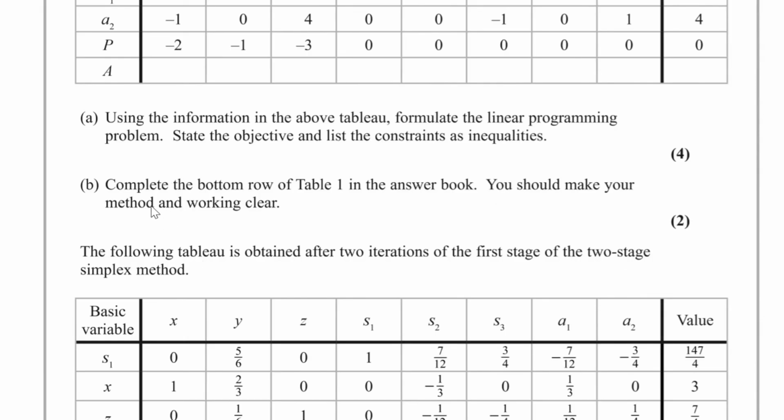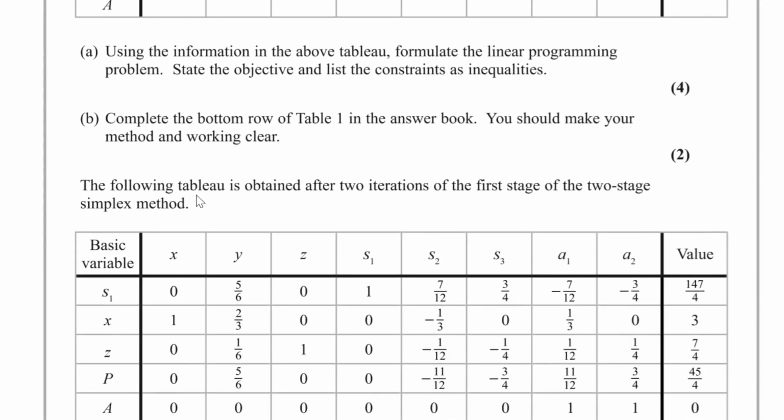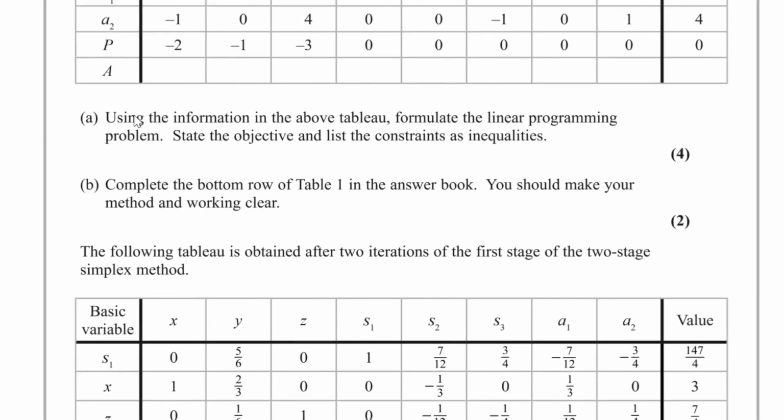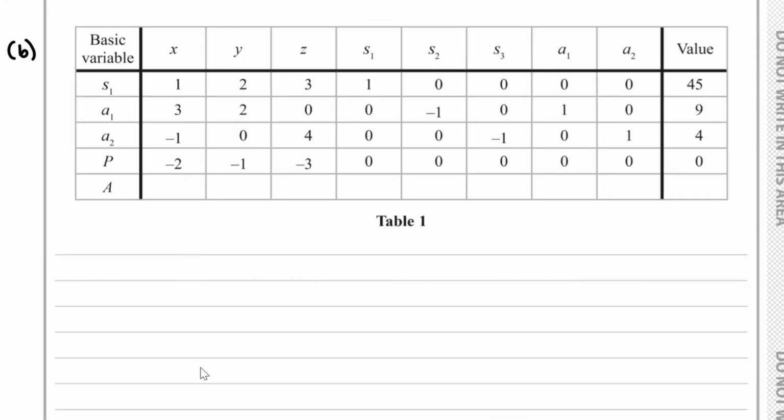For part B of the question, we have to complete the bottom row of table 1 in the answer book. It should make your method and working clear. Well, of course, what we need to do here is make a substitution, and it's a standard two-stage simplex method. So for part B,